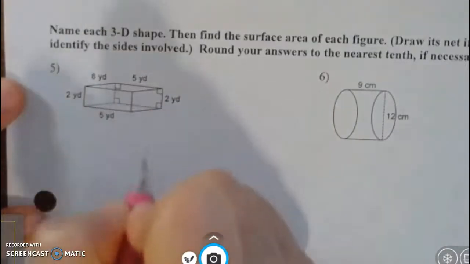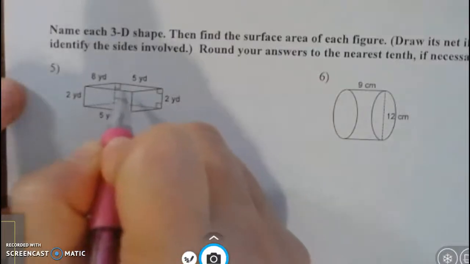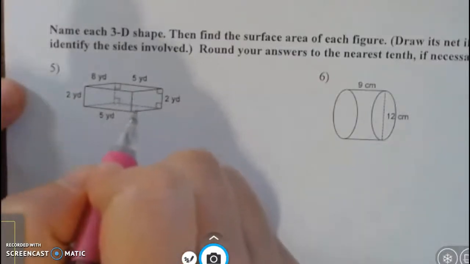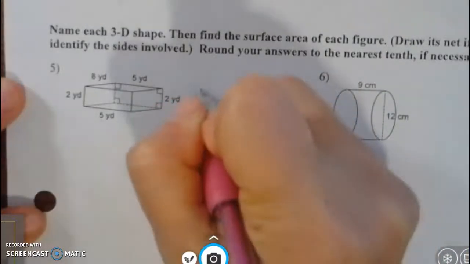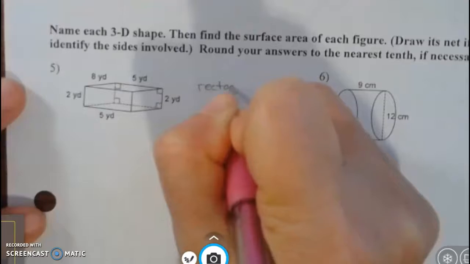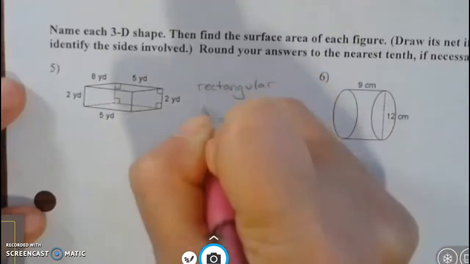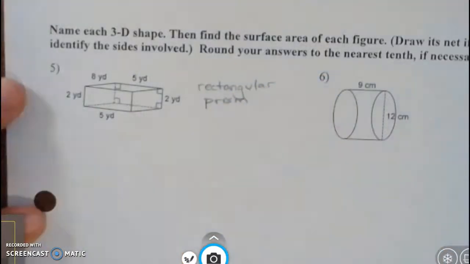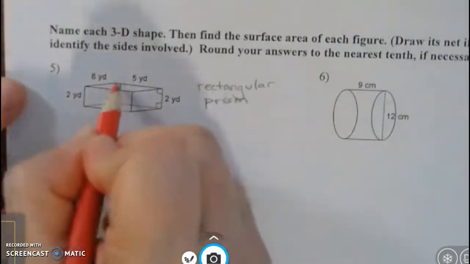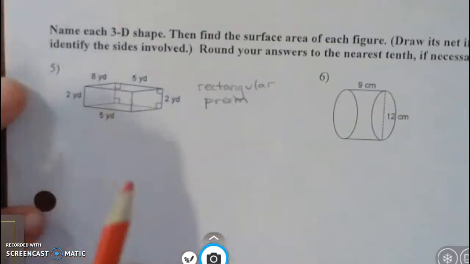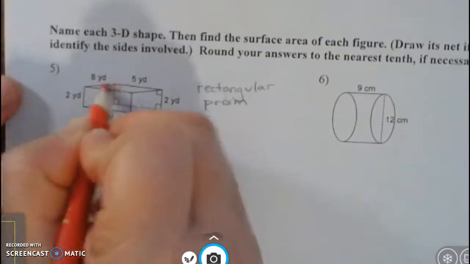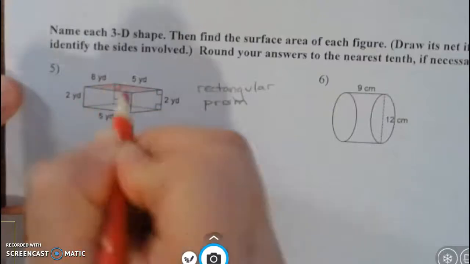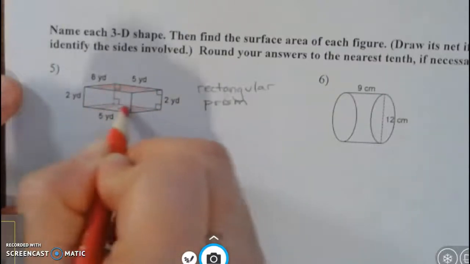Okay, so what is the shape? Well, all the sides are rectangles, right? So in this case, it's a rectangular prism, and it has 6 sides. Now, you could have chosen any top and bottom, the 2 opposing sides, as the base because they're all rectangles. In this case, I'm going to choose the top and the bottom because that helps me to